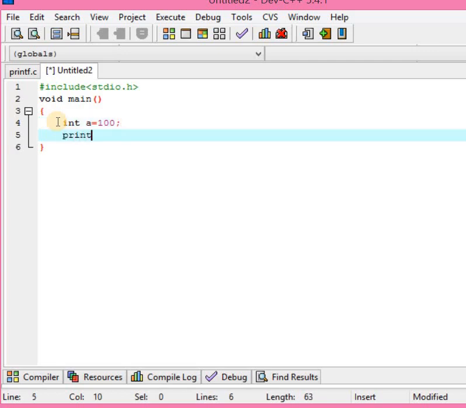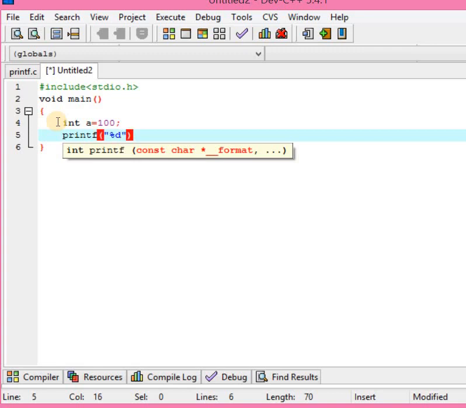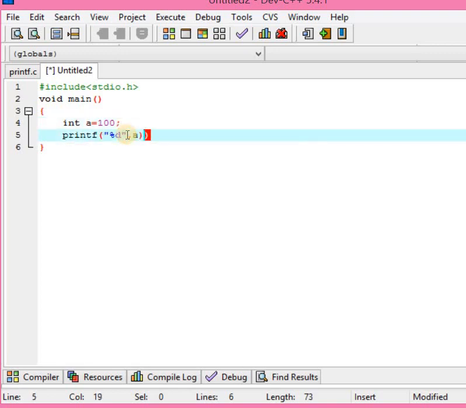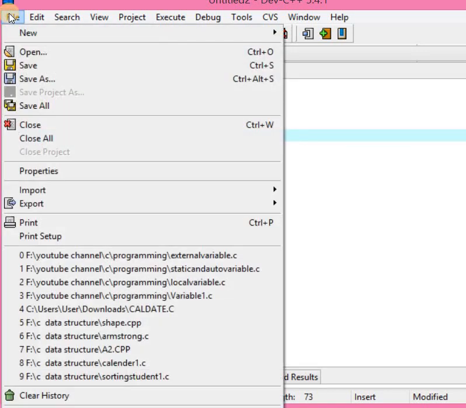After that, printf, double quotation, %d. %d is your format specifier because we are using int here. Int is your data type. For that we use %d. In format specifier, you will know why we use %d for the int data type. A is your variable.